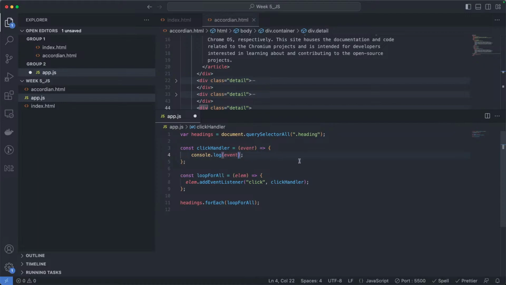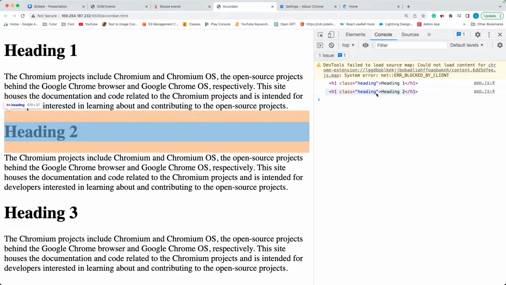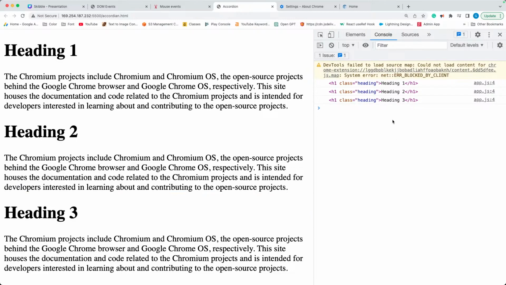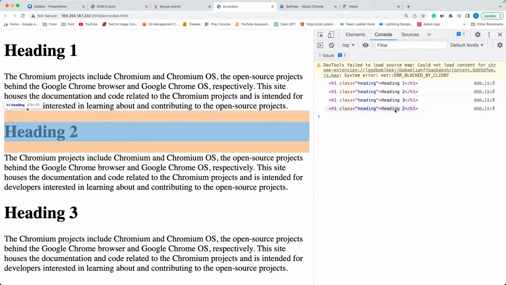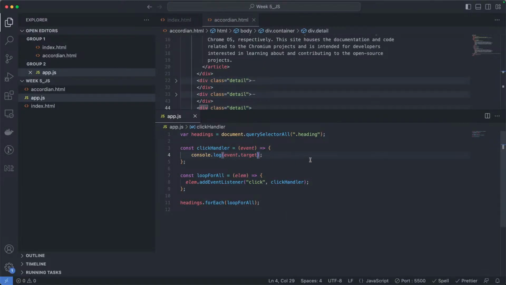Now, which element is which? How do I identify? Event dot target is metadata that will give you access to the particular element that you clicked. See? If you click on 3, the log identifies 3; you click 2, it identifies that specific element. Now, on the target, if I just say next sibling,